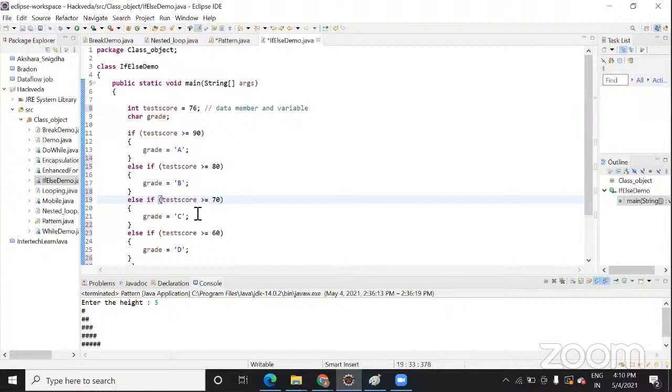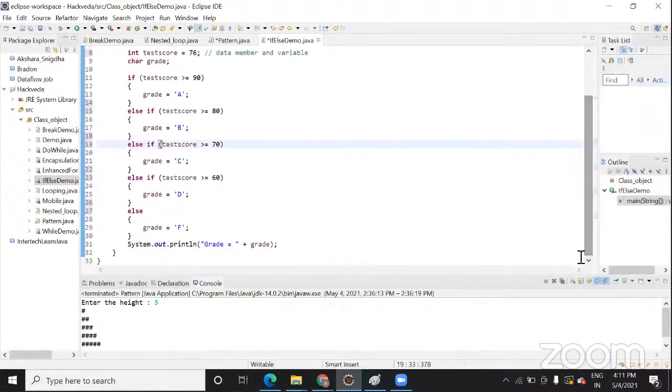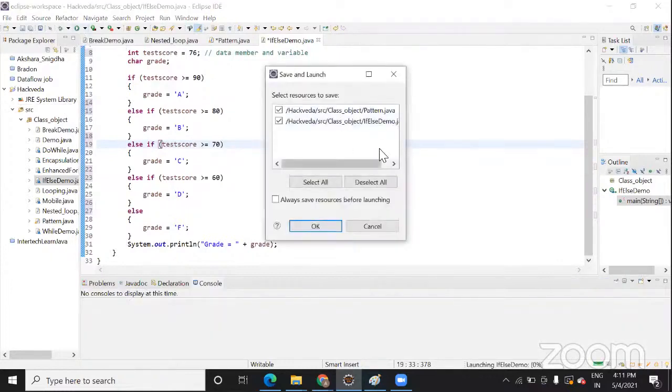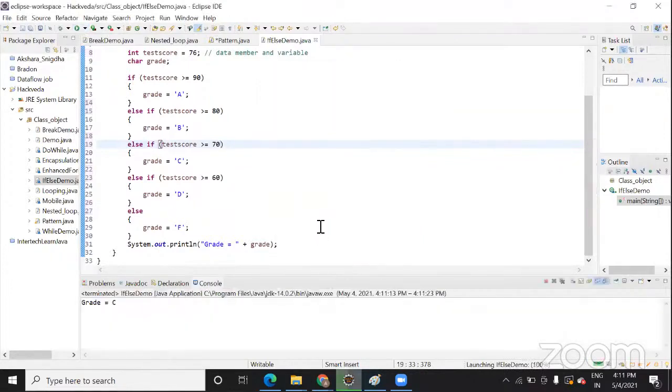Yes, correct. As you are aware of this looping part, you can easily find it out, right? In case any of these values won't satisfy the given conditions in the if else, then what we usually do is go for the else part. I will first show you some code, then we will move into the nested if. As we see, we have got a grade C, right? Similarly, let me show you some other code.